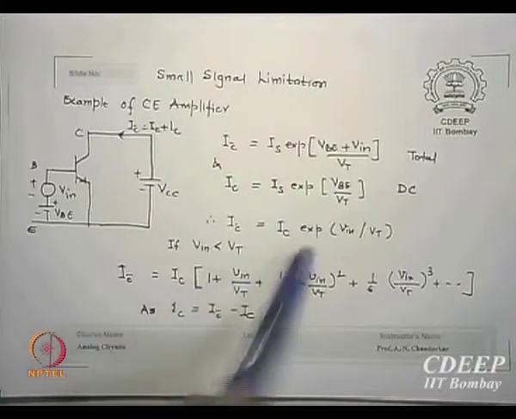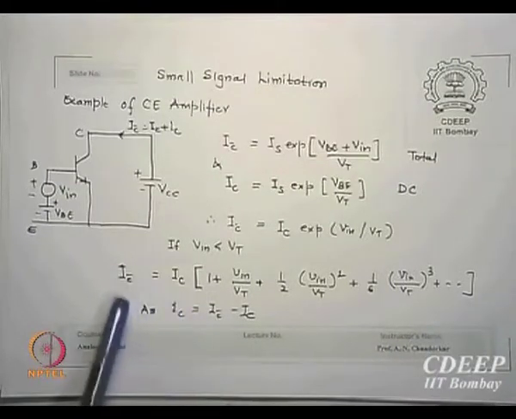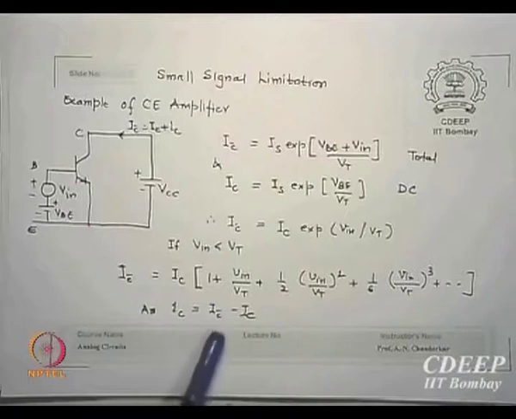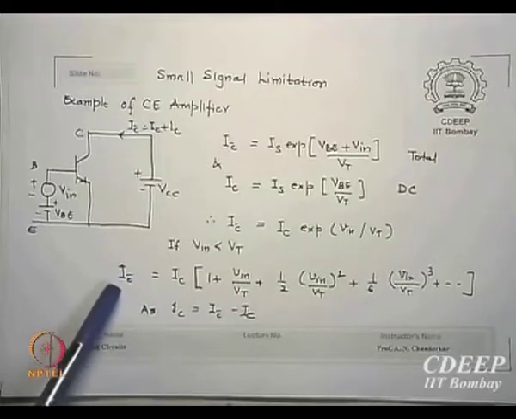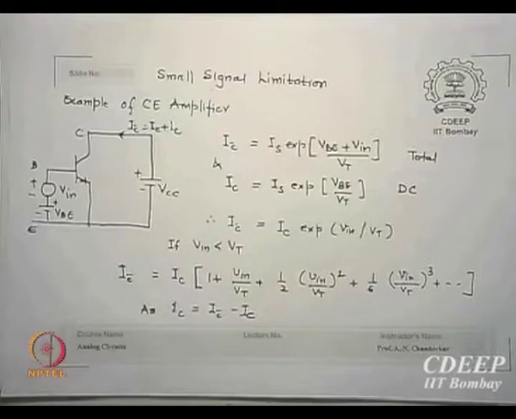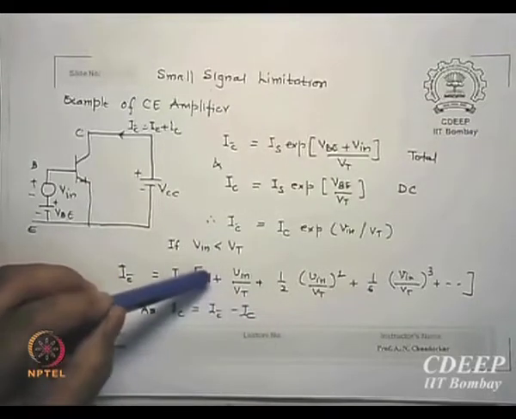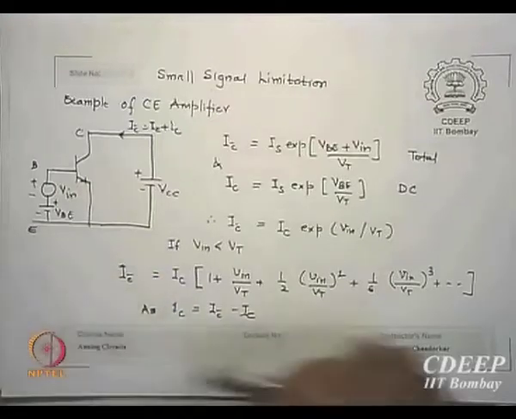What do I say? I just expanded this exponential function in the series form. We also know the small AC current is total IC minus DC IC. So you see from here, if I subtract this IC minus IC, the 1 will cancel, 1 will go away because IC will subtract. So if I do that,